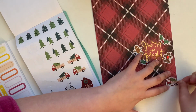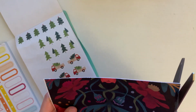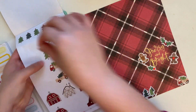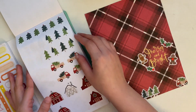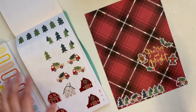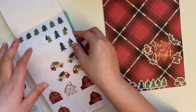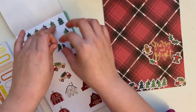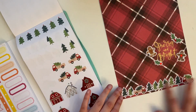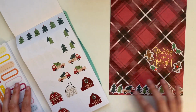And now I've got this little scene that's like a Christmas tree farm type of thing. This guy's coming this way with his Christmas tree. So I've got Christmas trees on the bottom. It says merry and bright right there. And then at the top,